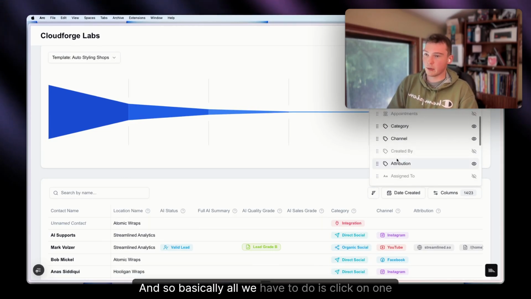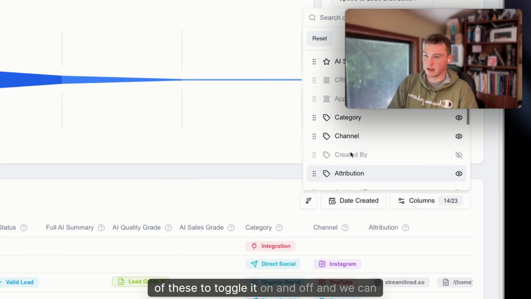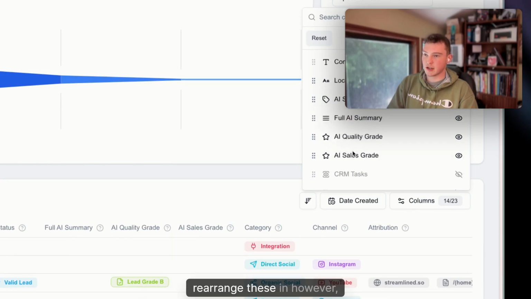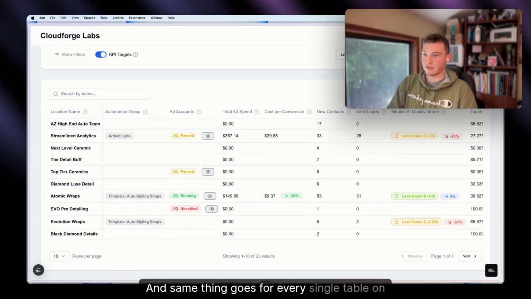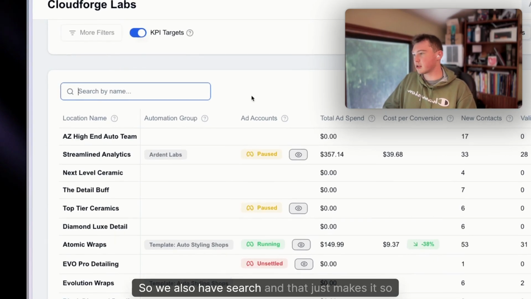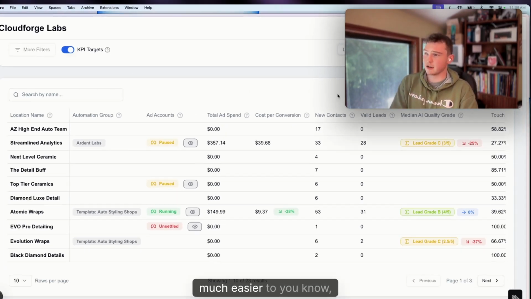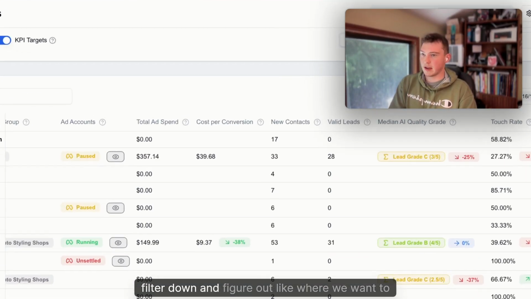And so basically all we have to do is click on one of these to toggle it on and off, and we can rearrange these in whatever order we want. And same thing goes for every single table on here. So we also have search, and that just makes it so much easier to filter down and figure out